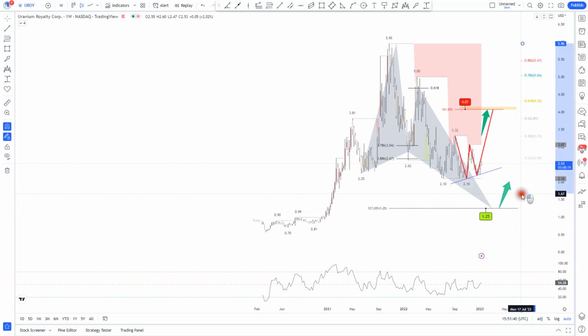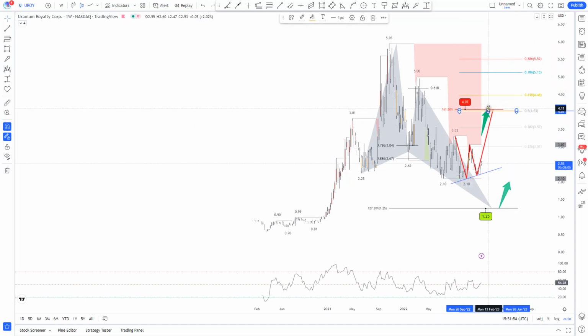Actually, let me adjust these Fibonacci levels to the recent lows, because if the market breaks above this fractal, as I was saying, there's no convergence between the golden Fib, but there's convergence between the 50%. That's correct, just a small correction here. So we have convergence, not with the golden Fibonacci level, but with the 50% Fibonacci retracement level between these lows and these highs, of course. As I was saying, a clear violation of this fractal may trigger this move.